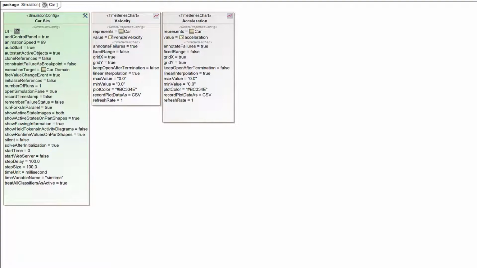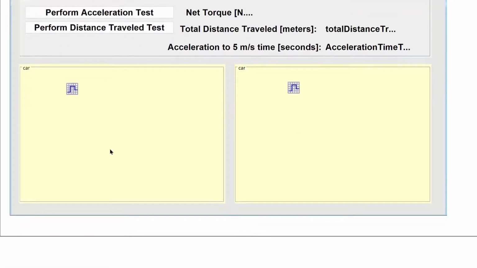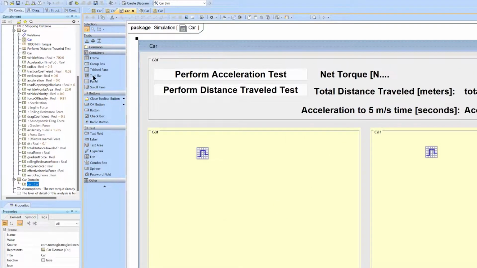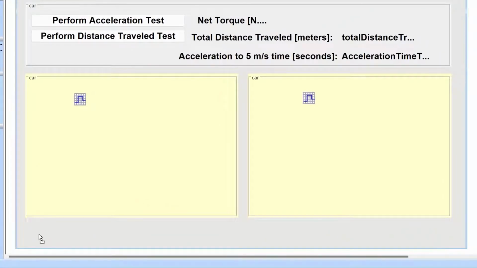So with that understanding, we look back at the graphical user interface and notice that this is also a group box that is typed by the part property of the car. So what this is, is that signal, and it's easy to add signals into your graphical user interfaces simply by dragging them in. So notice this one here, you could drag this into a group box or some part of your